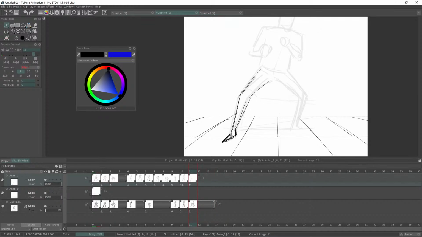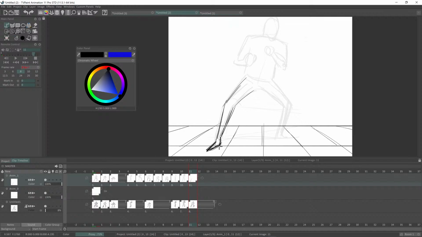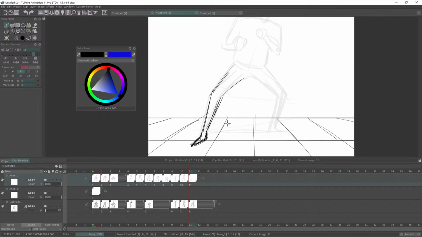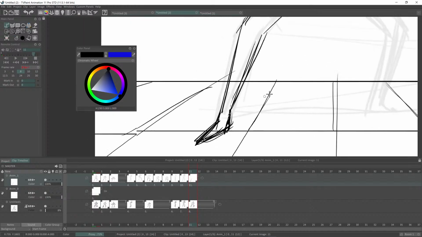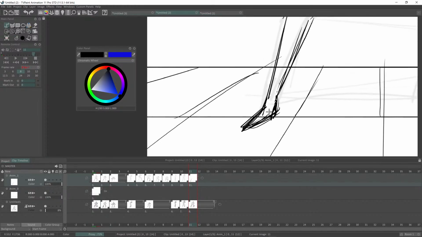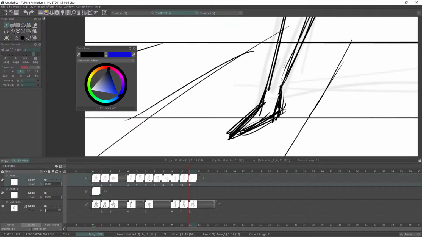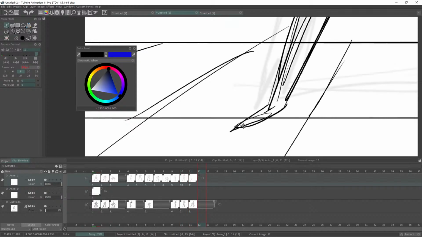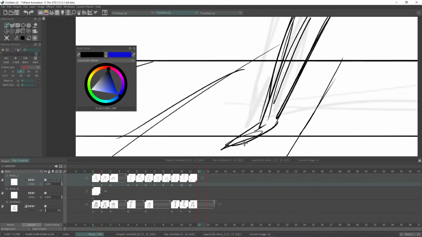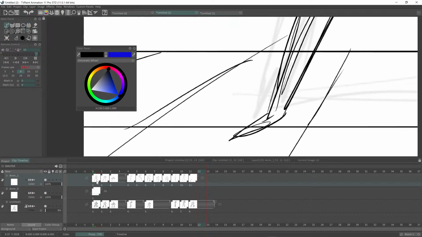Okay, and use previous and subsequent frames as references for where to draw. So again, when I want to draw the foot on this frame, instead of turning on my onion skin and relying on my onion skin, I will step forward to the frame that I need to reference in this case. And I'm able to basically reference the first frame here in TV Paint because I'm using the loop feature at the end. But in your case, you want to take that first frame, either drag your cursor here,